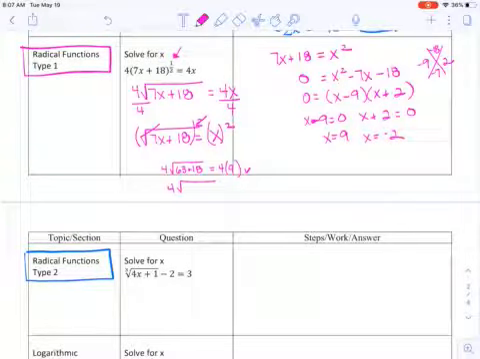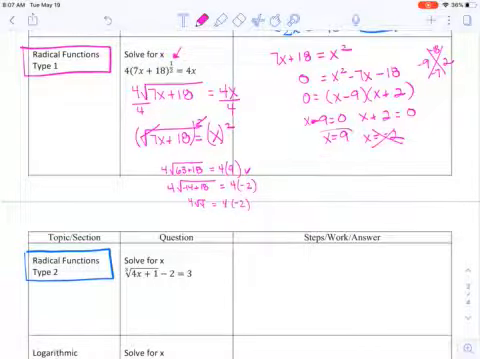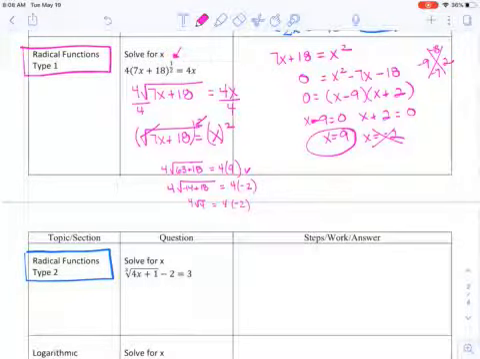And then 4 times the square root of negative 2 times 7, which is negative 14, plus 18, will be 4 times negative 2. And so this is 4 square root of 4 equals 4 times negative 2. That one's extraneous, and so your answer is just going to be the 9. Okay, so